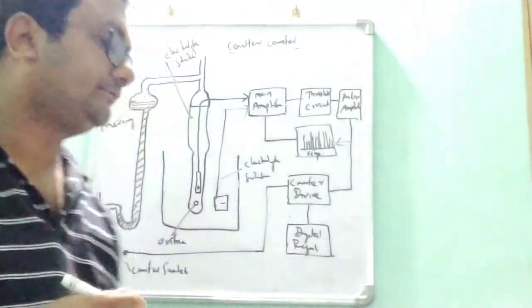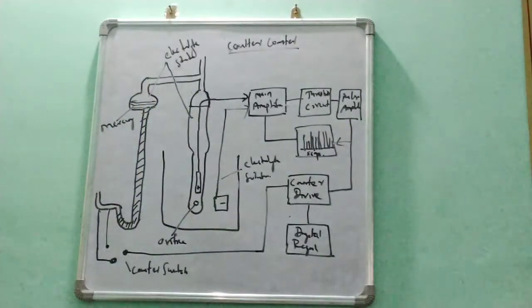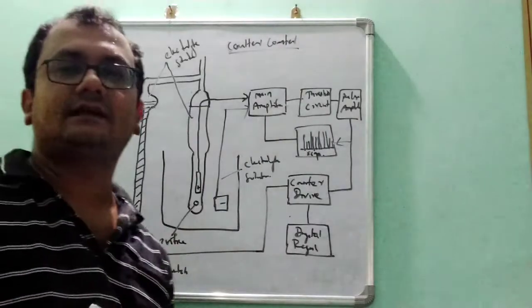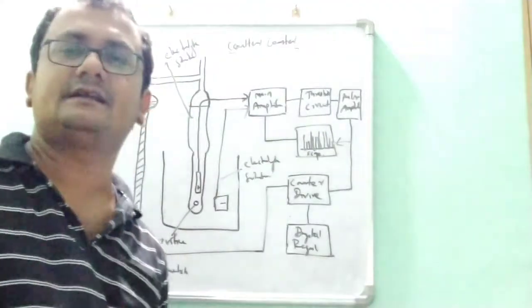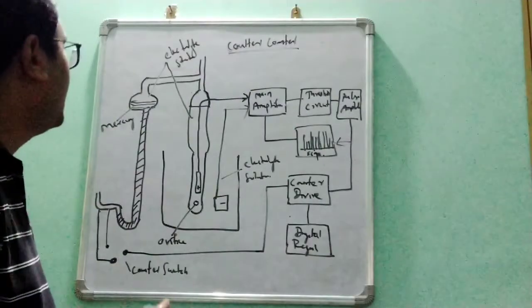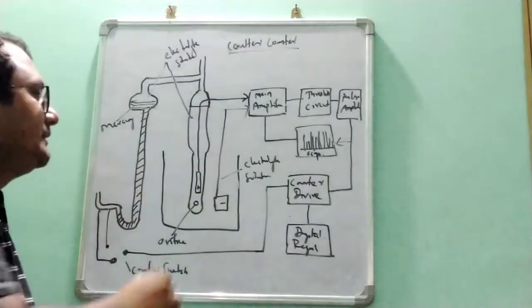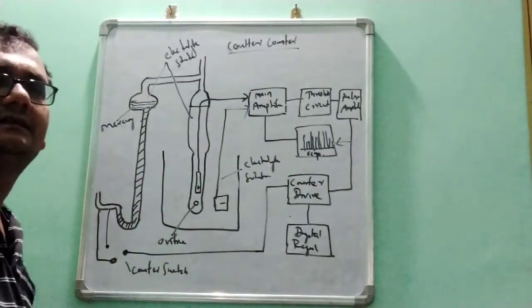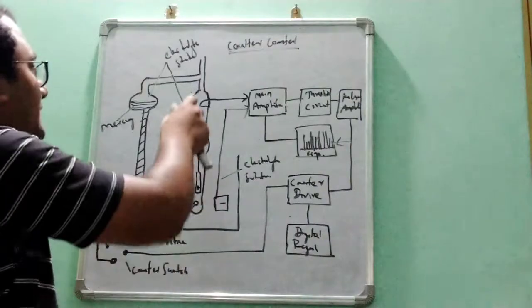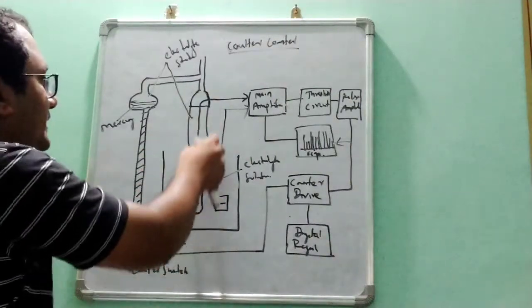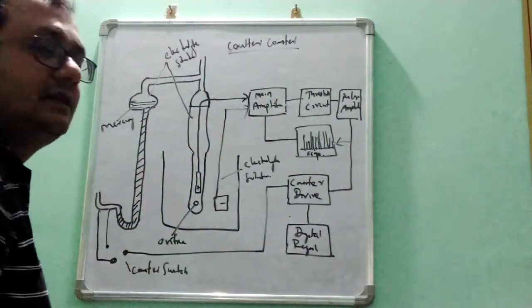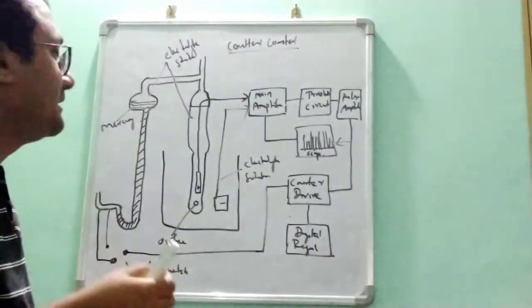So let us now discuss what this method is and how we can determine the particle volume here. In the working of this instrument, the particles are suspended generally in an electrolyte solution like sodium chloride solution. It is dispersed, then it is kept in this one vessel. In this vessel we need to keep the electrolyte solution, and there is another tube where we are placing the electrolyte solution with particles.